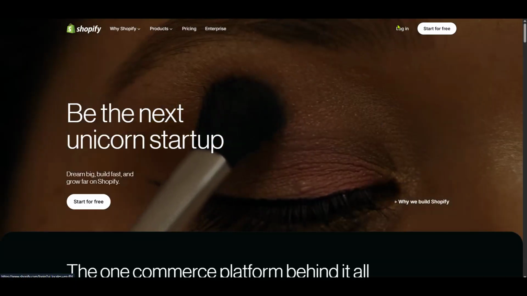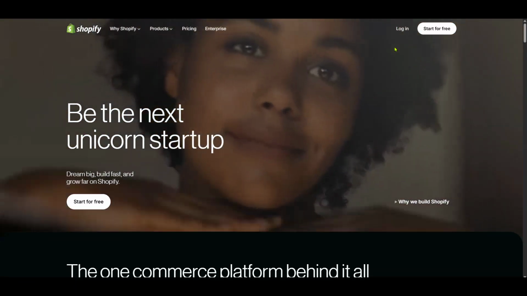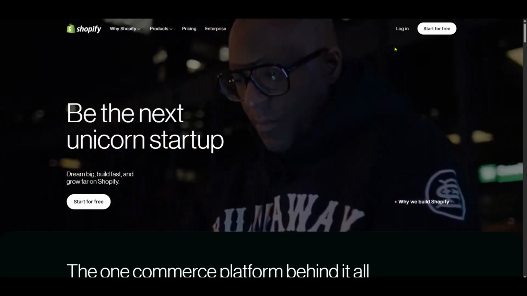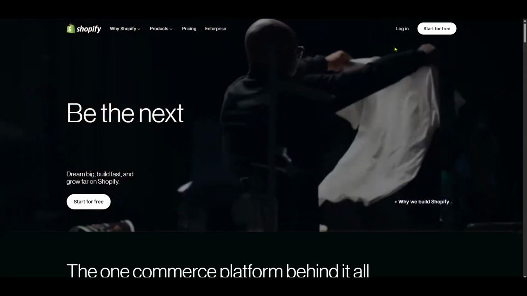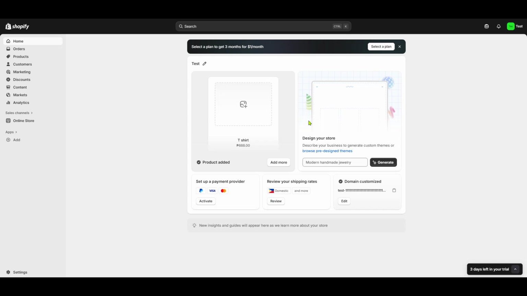Once you're on the Shopify homepage, look for the Settings option. You'll typically find this in the lower left-hand corner of your dashboard. Clicking on Settings will open a new menu with various configuration options for your store. These options are how you'll tailor your Shopify experience to better meet the needs of your products and customers.